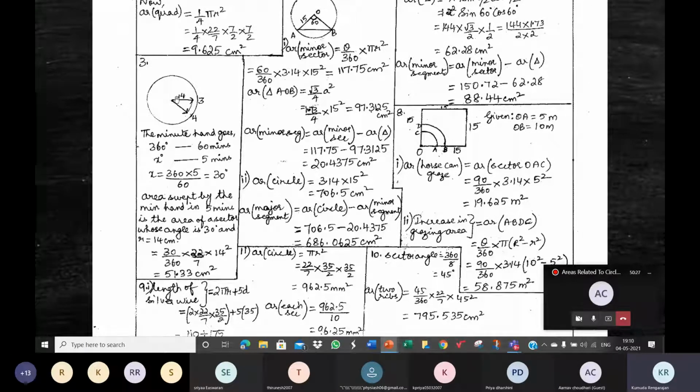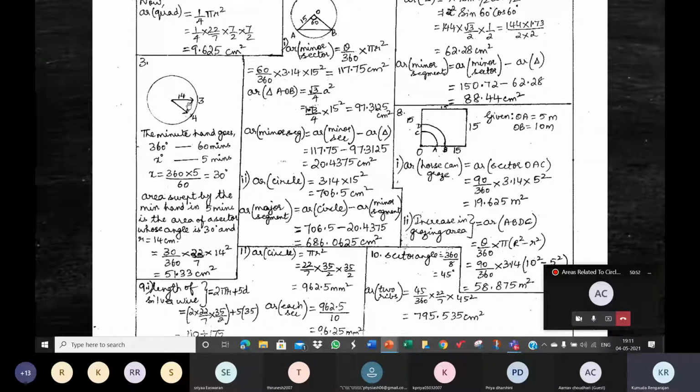Now say the minute hand is at 3. It is pointing to 3. After 5 minutes, the minute hand will point to 4. So it's like 15 minutes. Now it's 20 minutes. Now it's at 4. This is the movement in 5 minutes. So if the minute hand is at 3, after 5 minutes, it will move to 4.